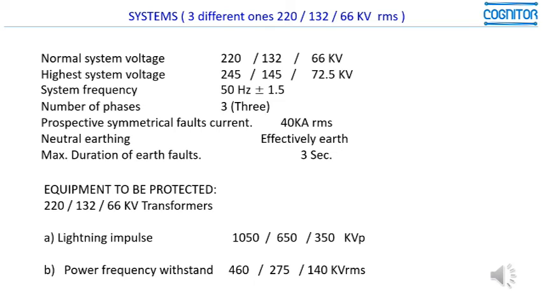Here in this slide you may see the system main values, the nominal system voltage, highest system voltage, and so on. The protective symmetrical fault currents, the equipment to be protected. You see here the lightning impulse levels and the power frequency withstand levels.